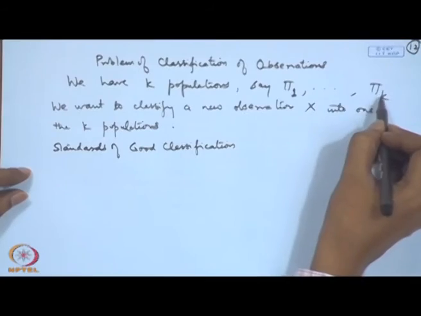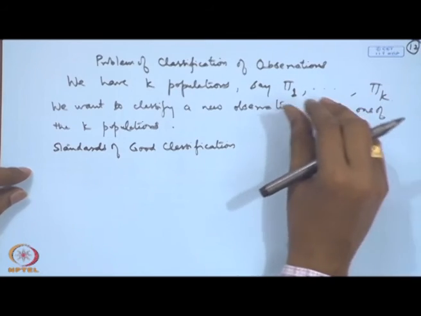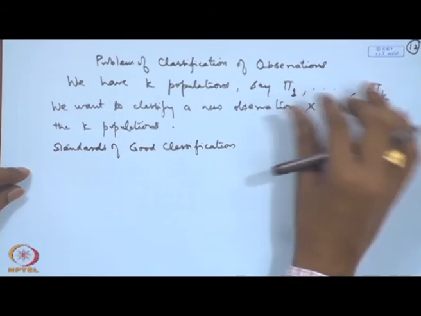So, it is something like in the testing of hypothesis problem, where we accept or reject the hypothesis based on the sample. Now, the hypothesis could have been true and we would have rejected it, and the hypothesis could have been false and we could have accepted. There were the two kinds of errors. But when we are dealing with k populations here in the classification, then the probability of misclassification or the probability of correct classification also becomes manifold.